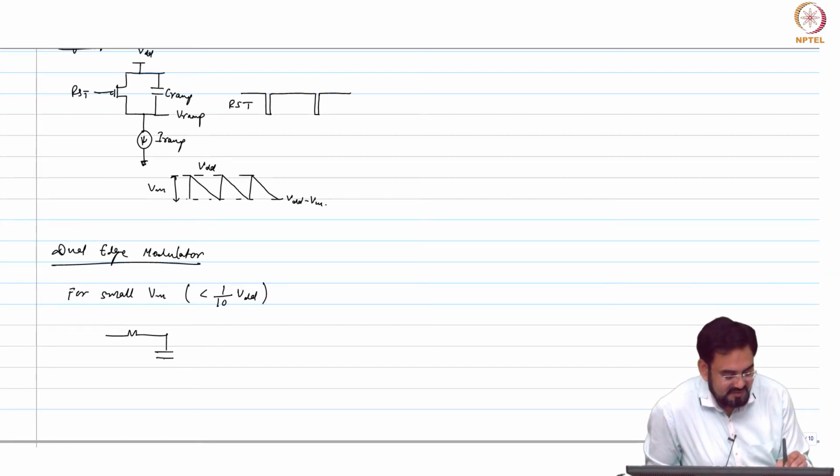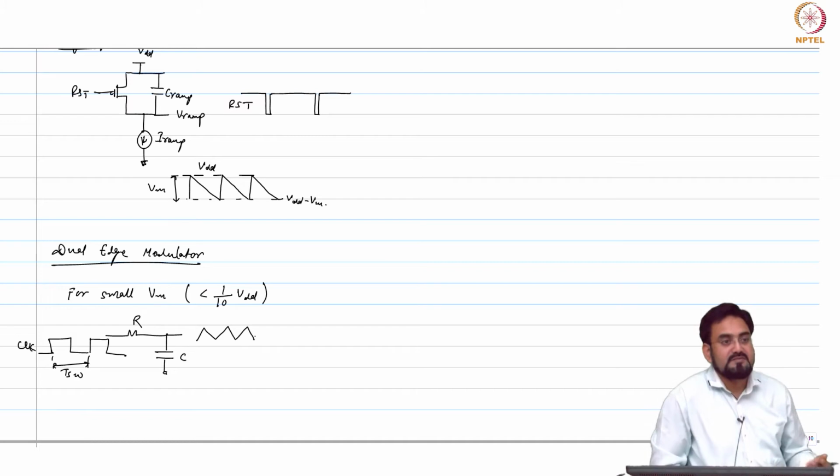This is good enough, huh? RC, use clock signal which has TSW. You get a perfect triangular wave here at the output.